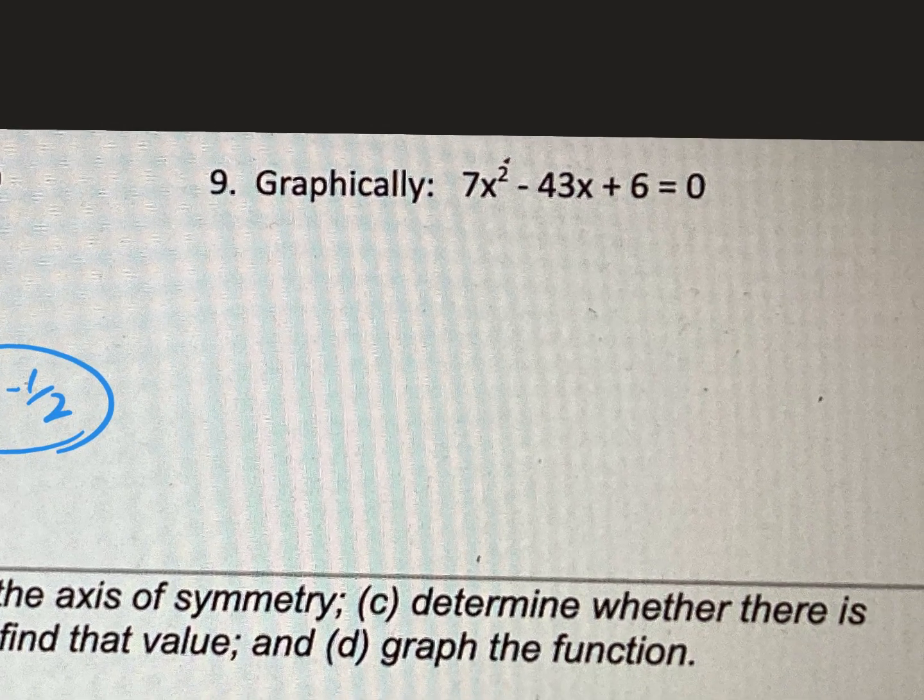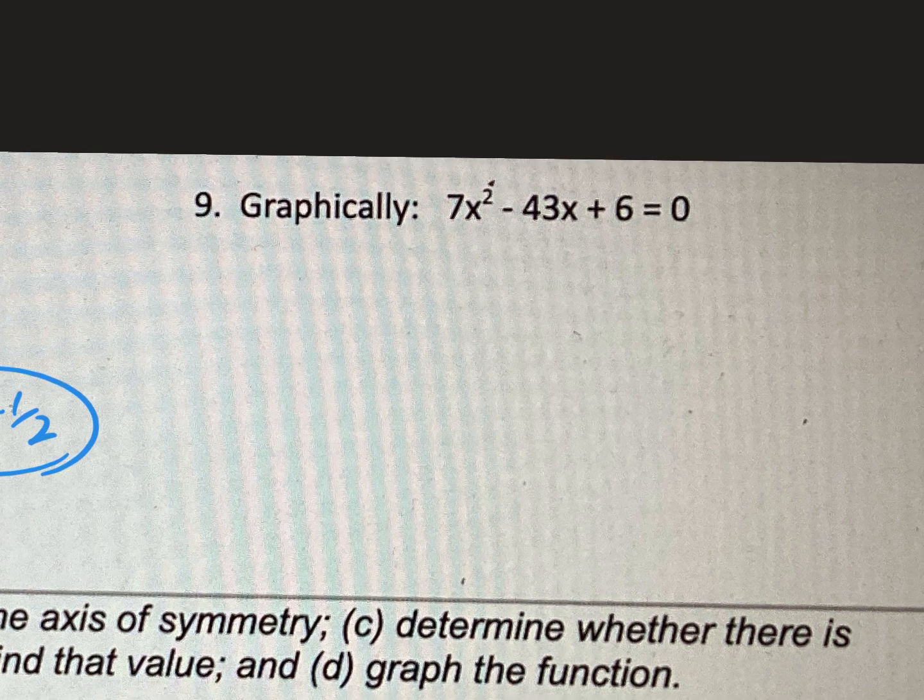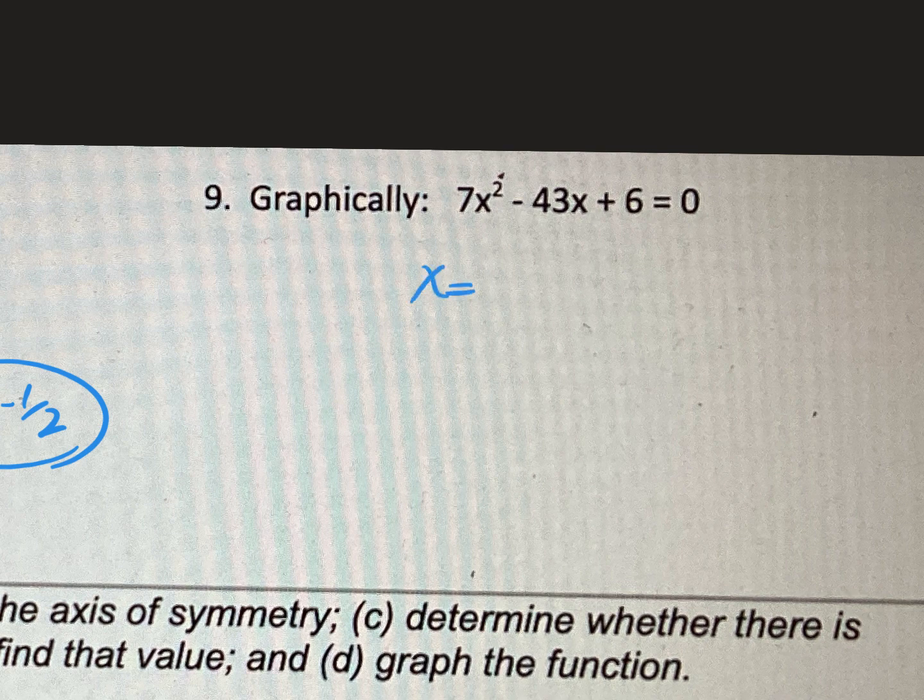And the last one, graphically, we're going to take number 9 and punch it in the calculator, and we're going to go left bound, right bound. And we'll probably go 1 or 2 decimal places, so let me punch that in real quick. Okay, when I graph it, go left bound, right bound, surround that. The first one, the answer to the left I'm getting is